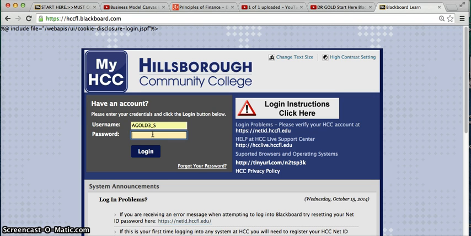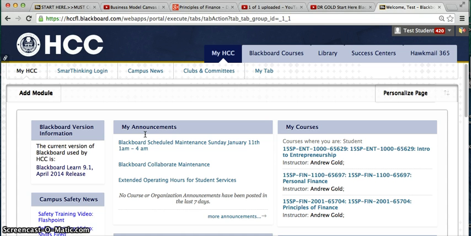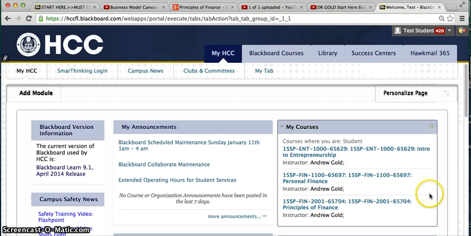All right, so let's log in here to Blackboard and see exactly what you have to do by Thursday, January 15th. As you know from reading the syllabus, every Thursday at 12 p.m., which is noontime, your assignments will be due. There are no exceptions to this rule, so once that due date has passed, you cannot contact me and ask for a makeup or an opportunity to make up missed work, because you're simply not going to get that opportunity.